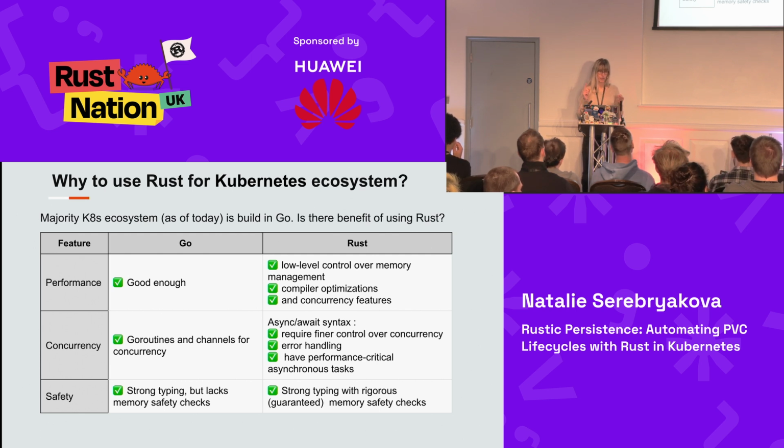Similar with Go routines, we know, we use them, but there are a lot of deep down critical asynchronous tasks that I learned are pretty hard to do with Go, but it was not really easy, but pretty much reasonable with Rust. And obviously memory safety checks are not there, I would say, which Rust provides out of the box, and this is something I found useful, and yeah, that's my opinion on why we should start using Rust with the Kubernetes